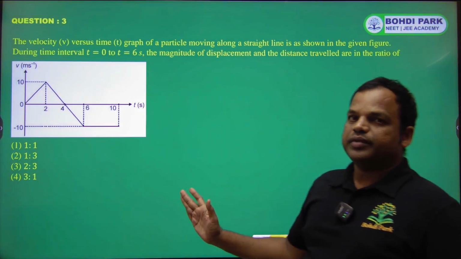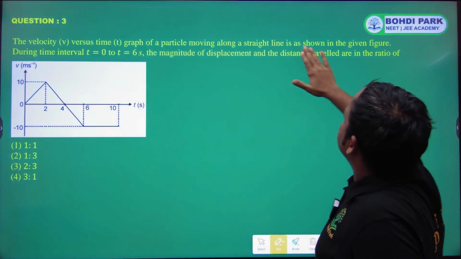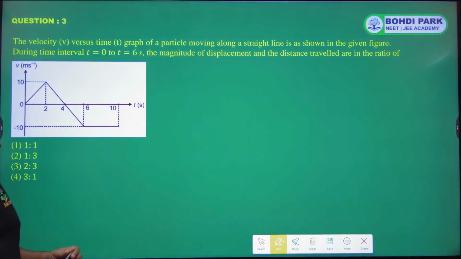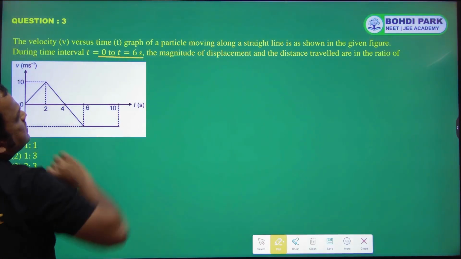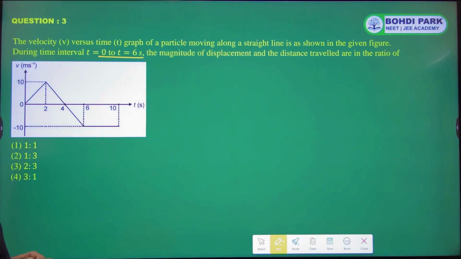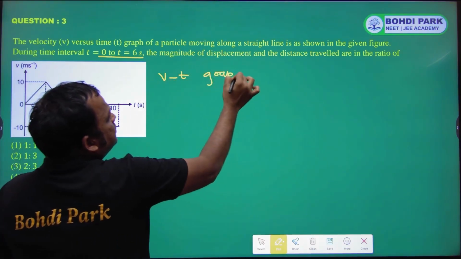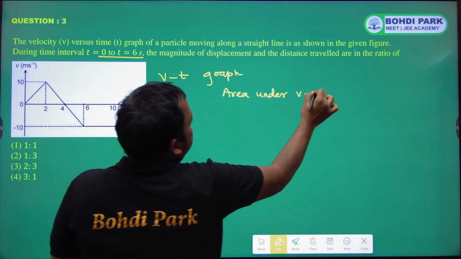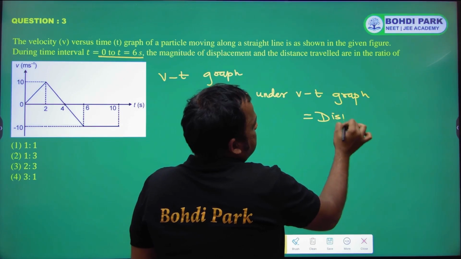Now look at question number 3. Velocity versus time graph of a particle moving along straight line is shown in the figure. So this is the velocity time graph, and we have to find during the interval 0 to 6 seconds magnitude of displacement and distance traveled. So concept here is for VT graph, area under VT graph is equal to displacement,